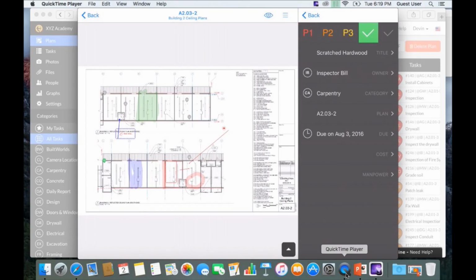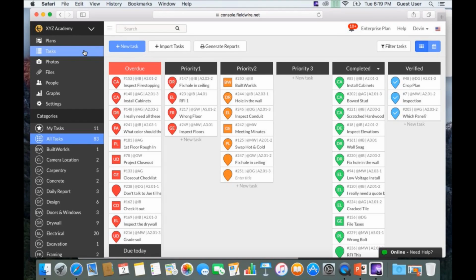Now, the nice thing about FieldWire is we make it very, very easy to see what's going on across your project, not just today, but over the following weeks as well. So we're a great task management solution to look into the future and see what's coming up on your project. So on our task dashboard, you can see all of the different things that are happening across your project, but we want to make it easy to filter. So you can filter down by different divisions of labor,